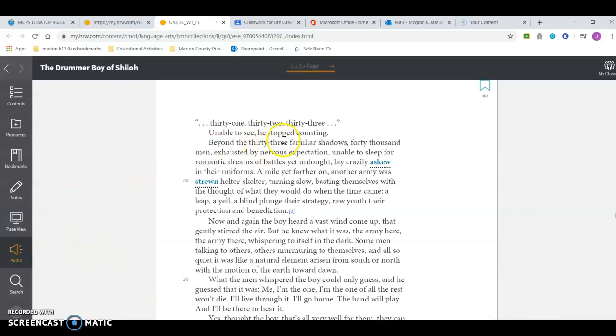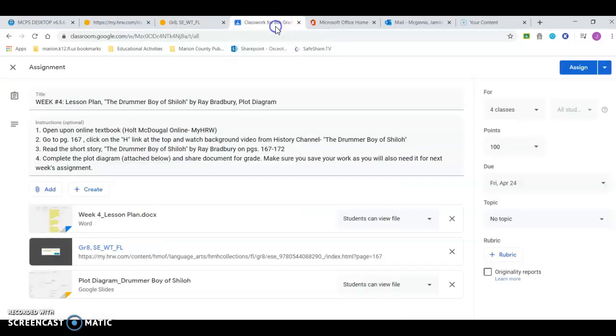So that is how you access your online textbook. That's how you watch your video. That's how you read the story. Now, when you finish with that, your next and your final step will be to complete a plot diagram for